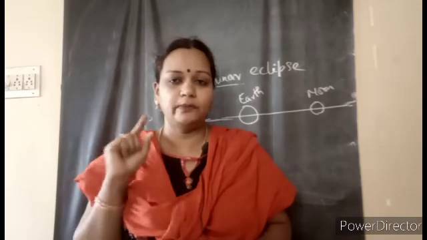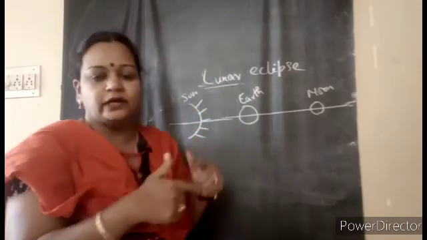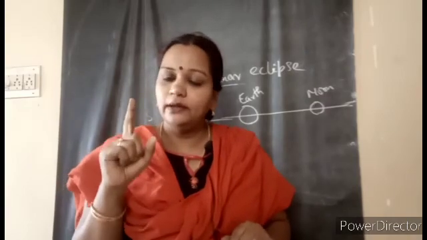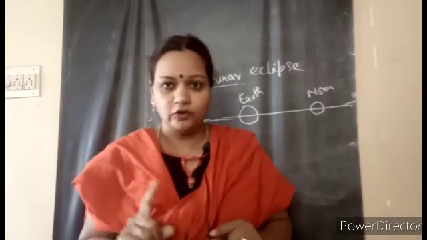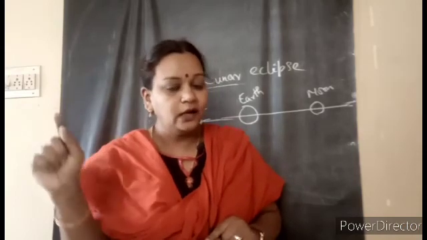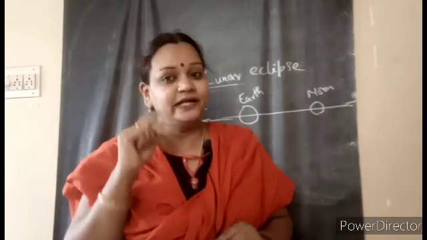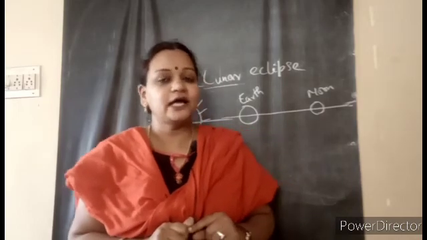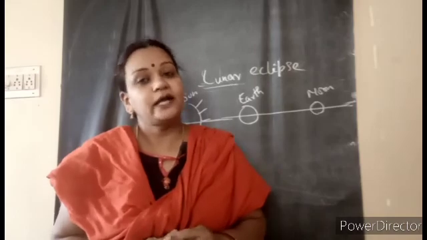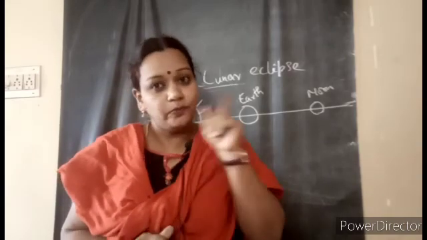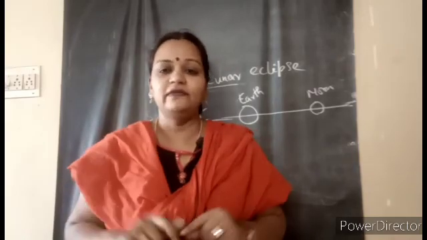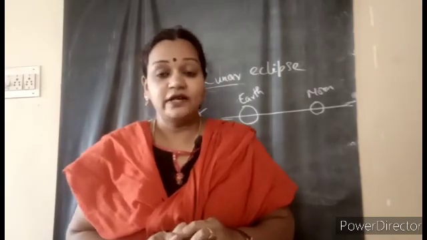One more thing, children, before ending. By learning all this, you might have noticed that shadows are formed when opaque objects block the way of the light rays. One more thing to notice is that light rays travel in a straight line. Next class we are going to learn in detail about the characteristics of light rays. From here you can infer that light rays always travel in a straight line. It is very interesting, right?